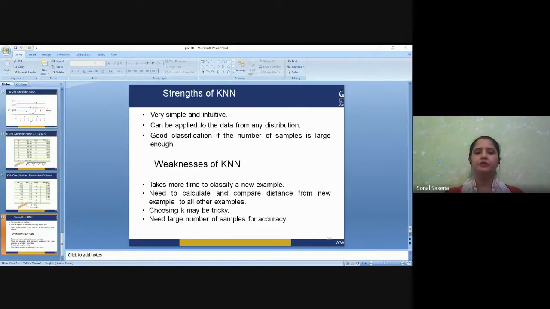So here we come to an end of this classification algorithm, which is called k nearest neighbor. Now I'm going to quickly share multiple choice questions with you on the basis of whatever we learned in today's lecture. I'm just quickly sharing the slides with you. Just think about what we have learned today, apply your learnings of today's lecture to the questions, and try to give a correct answer.